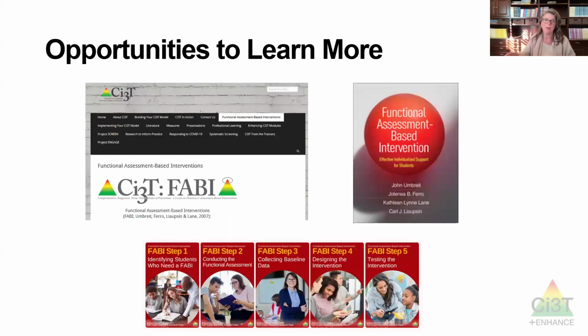So as you're wrapping up and thinking about this, and this is one of our passions, I know Wendy and Oaks and I have done trainings on this for many, many years, and Eric Common and David have participated in randomized control trials. Mark's been a big part of this work. So this is a real passion for us because, and yes, I agree, David, great illustration about the importance of treatment integrity on that dip. But we want to find something that works. And so there are many different approaches to functional assessment-based intervention.